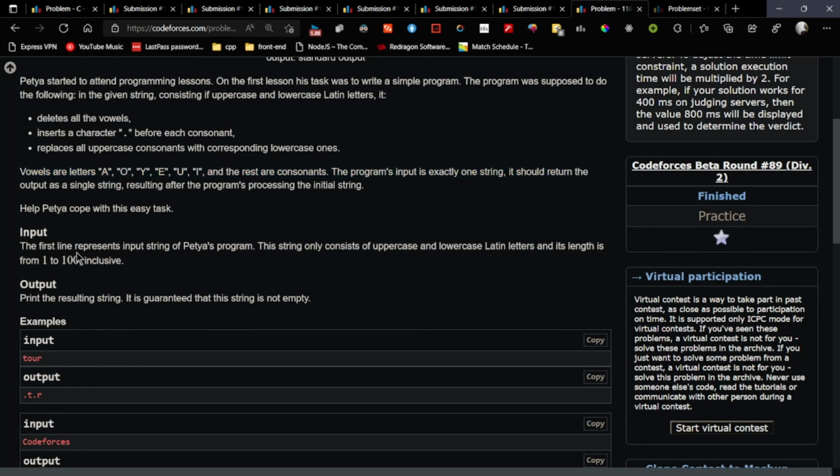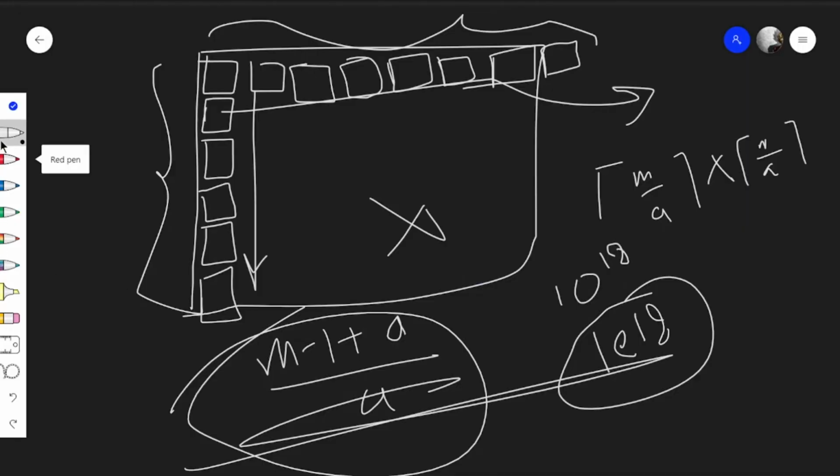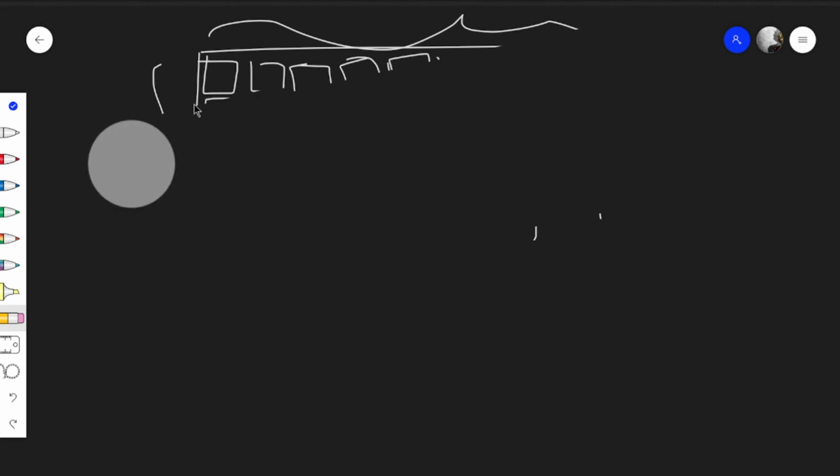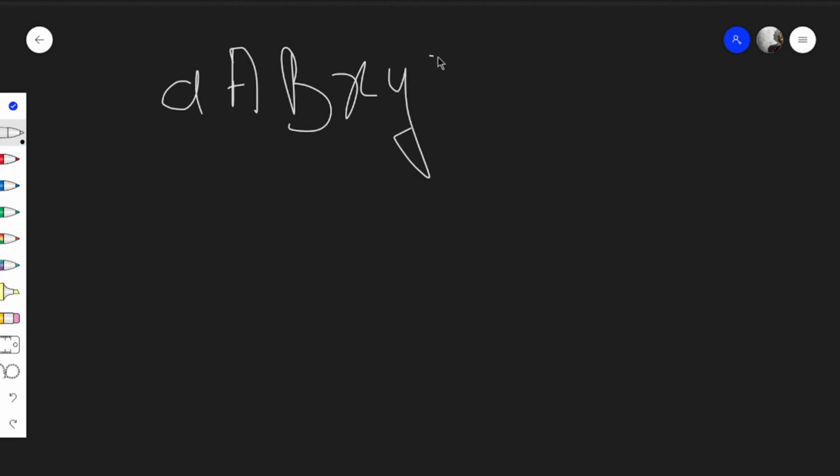The string has at most 100 characters. Okay, so we can do this. It's an easy question. What we have to do is, like, we have a string such as A, B, X, Y, Z. First, we can turn everything into lowercase by adding 32